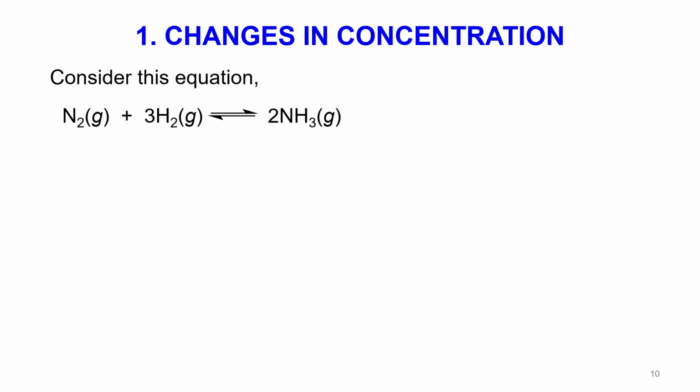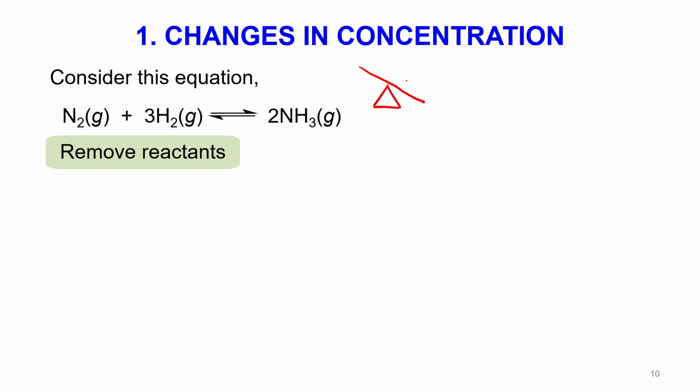Okay, next let us consider this equation. So we have nitrogen and hydrogen will produce ammonia. So if we remove some reactants, meaning that we remove nitrogen and hydrogen, the system is not at equilibrium. Okay, so bila kita remove hydrogen and nitrogen, so our seesaw dia akan unbalanced. Okay, jadi bila dia unbalanced, okay,